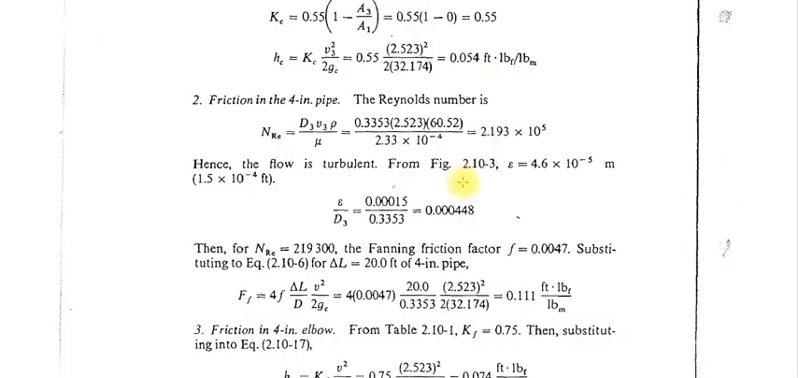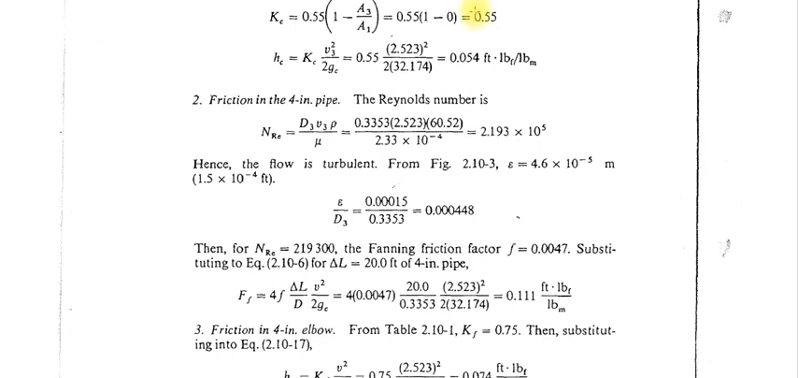This is the Moody's graph. So it has come as 0.448. You have to check the nearest value given in the diagram. This line is for 0.0004, this is for 0.0006, so you can use the nearest line, this line, and the value of